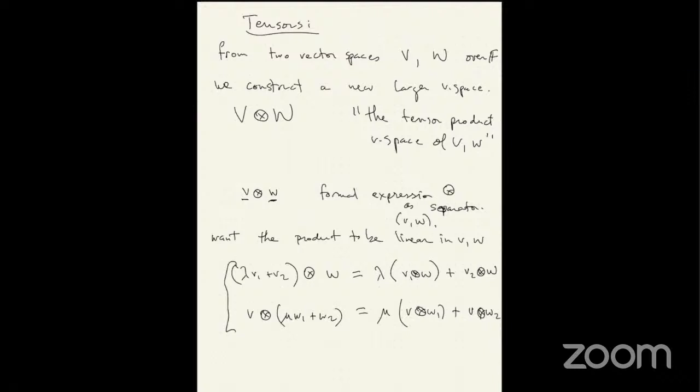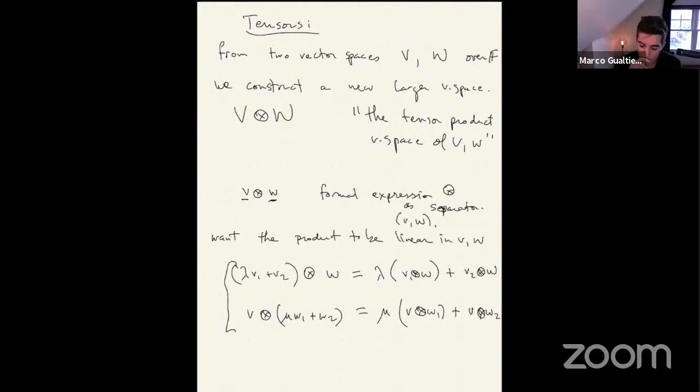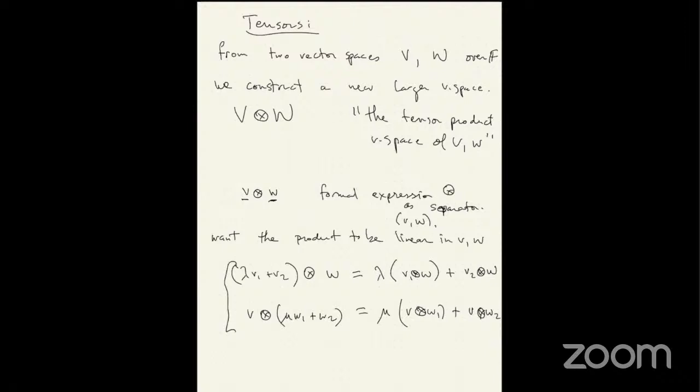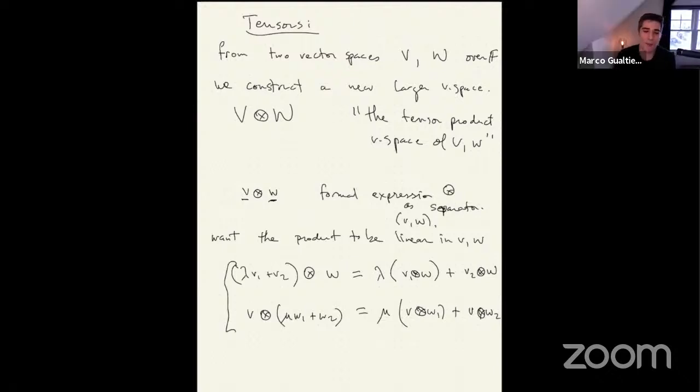So I've also heard that the tensor product of V and W could be the set of all bilinear maps from... I've heard that there is an isomorphism between this definition of tensor product and the set of all maps that take one object from V and one from W and output a scalar. That would be the dual of V tensor W.